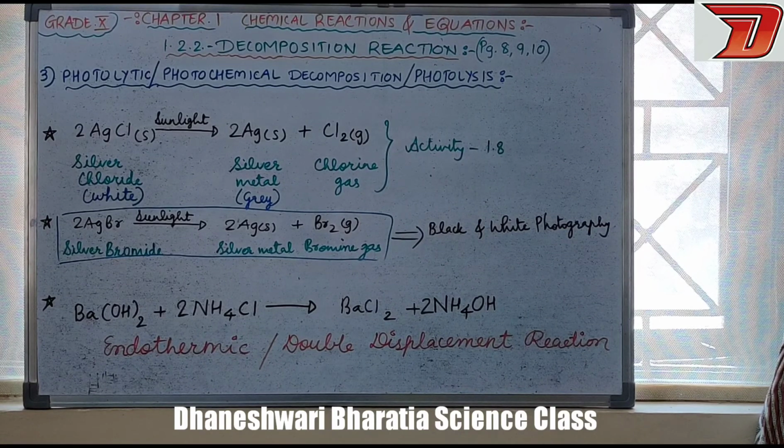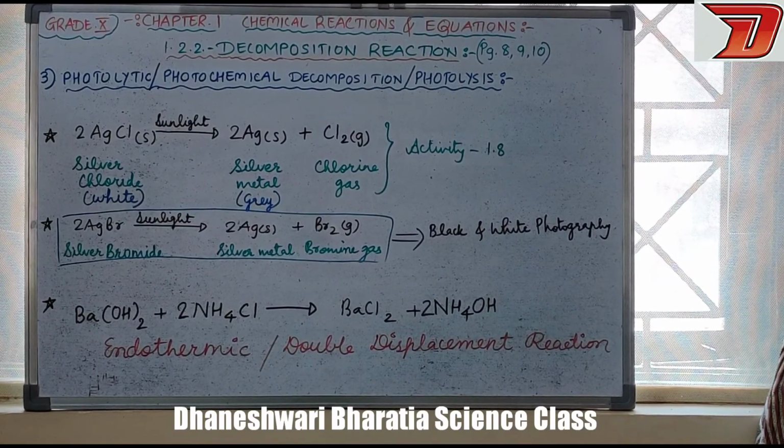It is given as a blue box in my textbook on page number 10, which says carry out the following activity, where you have to take 2 grams of barium hydroxide, that is Ba(OH)2, and add 1 gram of ammonium chloride, that is NH4Cl, into a test tube. You have to mix it well with a glass rod and touch the bottom of the test tube and observe whether it is warmer or not.